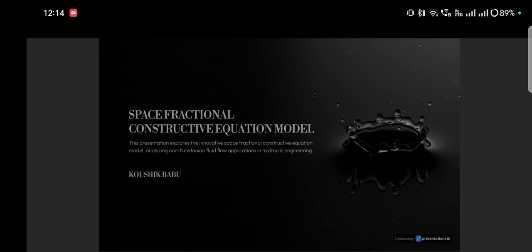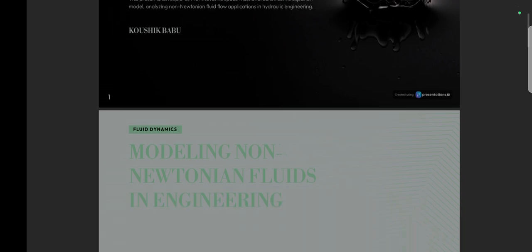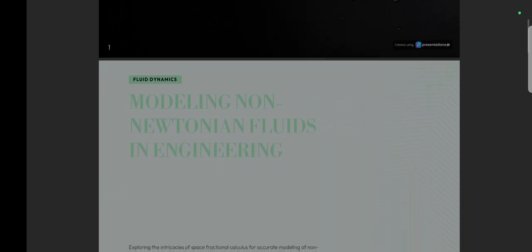Instead, the viscosity changes with the shear rate, and they may also display additional complexities like time-dependent effects, yielding, or memory. These fluids are prevalent in many industrial and biological systems, including food processing,